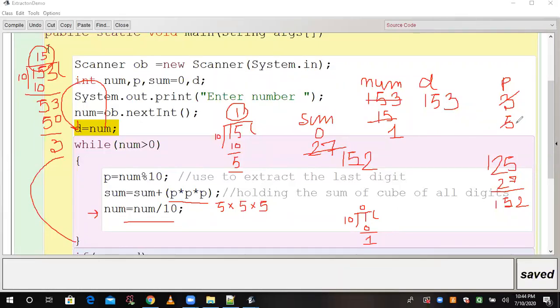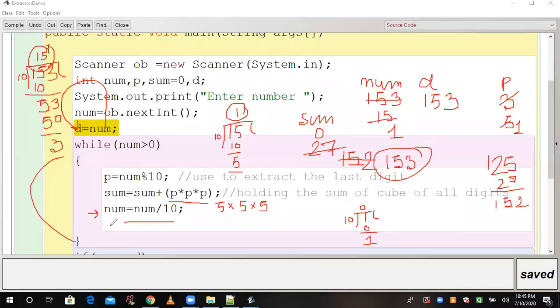Where is my p? This is my p. And 1 into 1 into 1, because p is 1. So the cube of 1 is 1. So 1 will be added in sum. So sum is 152 and 152 plus 1 is 153.